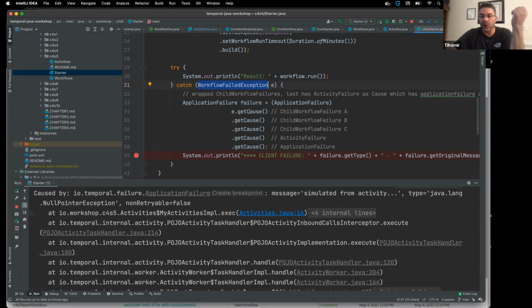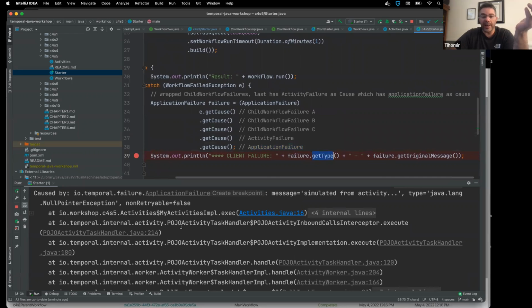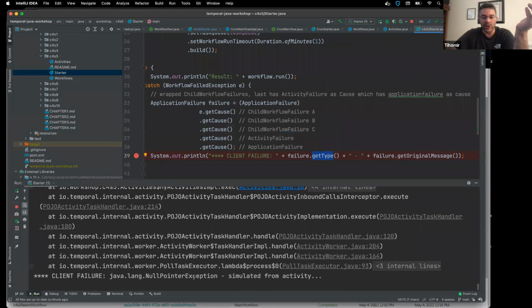If we know how things work, we can get the workflow failed exception cause, which is going to be our child workflow A failure. Its cause is going to be B. Its cause is going to be C. So we're propagating back through the error chain. Its cause is going to be activity failure. Its cause is going to be application failure. And this application failure is going to have the original exception, which is our NPE from the activity,